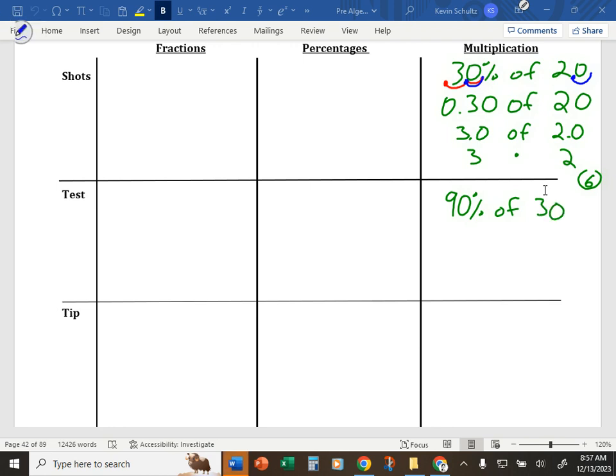if you can mentally move that decimal over to the left one place in each of them, and mentally visualize that as 9 times 3, 9 times 3 is 27, which you already know is the answer. We've done it twice before. Okay? The mental method, this multiplication method, is really, really nice because especially with decimals and values that end in zeros, it's really just taking the first number of each of them and multiplying them together is all it is. The math behind it is what I showed you here. It's moving the decimal. But if you can mentally visualize 9 times 3, 3 times 2, you can get your